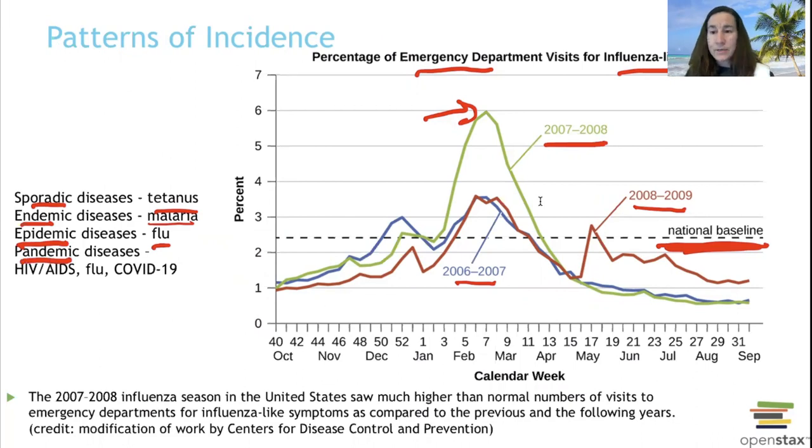Pandemic is not limited to a general region. It is literally worldwide. It is a global illness, and that is exactly what we're in right now with COVID-19. Other global illnesses, HIV and AIDS is worldwide. It is spread worldwide. The flu goes worldwide. Avian flu, swine flu, that spread worldwide. And of course, COVID has spread worldwide. So if it is going worldwide, it is a pandemic, and that is what we are in right now.